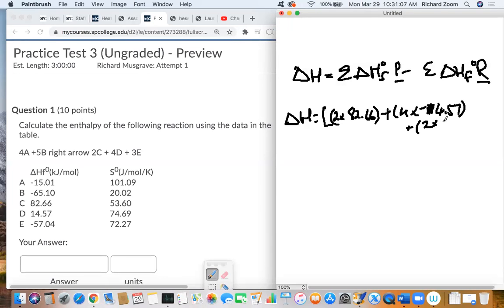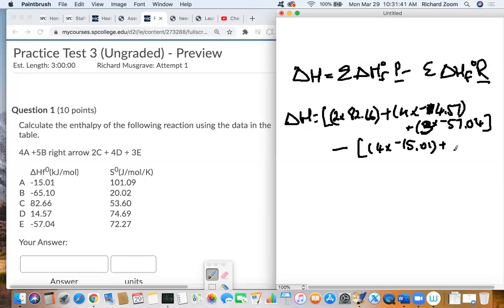Plus 2 times negative 57.04. There we go, that's better. And that's minus, when we do the maths, 4 times negative 15. 3 times negative 57.4. 3E, you're right. Yeah, see? I just did that to make sure you were watching. So yeah, so 3 times, that's good, thank you. 4 times, let's see, negative 15.01, there we go,